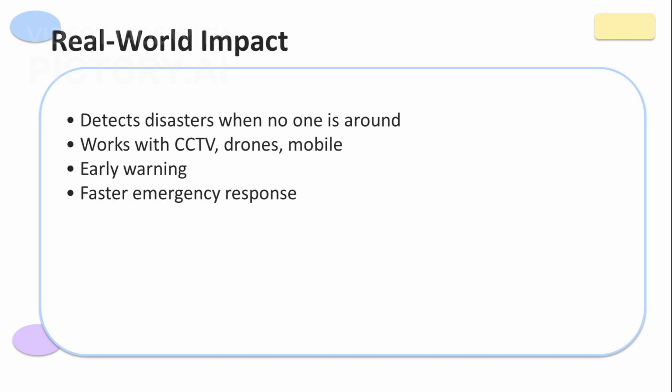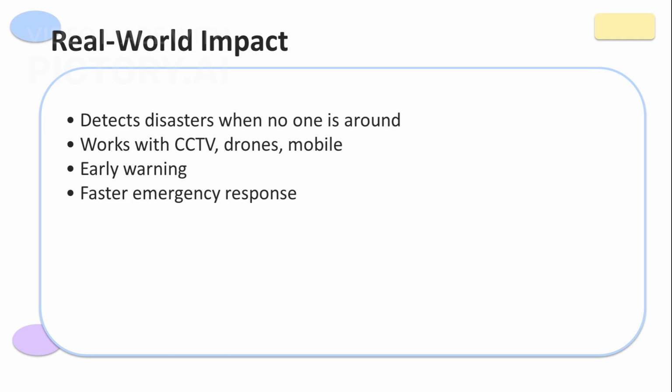Here's why this project actually matters. Think about a place where no human is around: a parking lot at night, a remote roadside, an empty warehouse. A fire could start, an accident could happen, and nobody would know. But cameras are already there. And if an AI system can instantly interpret what those cameras capture, we can send early alerts, reduce damage, and